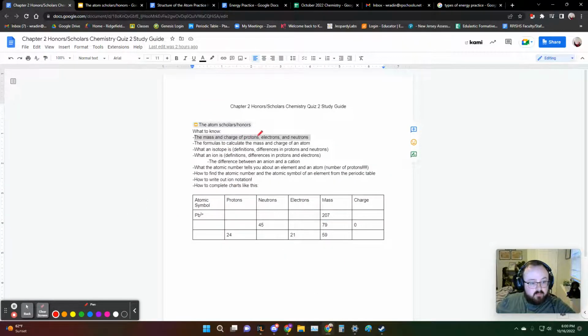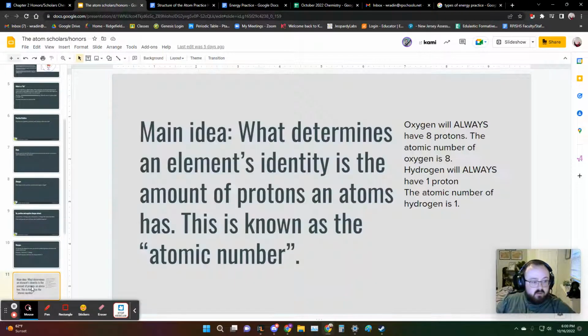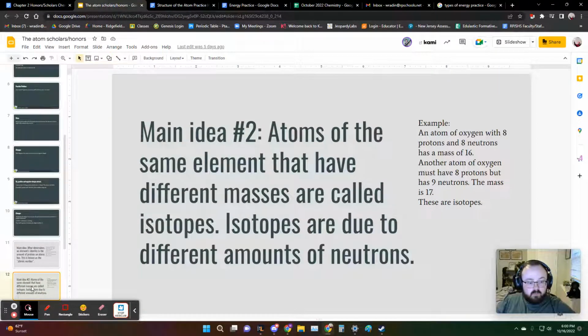Moving on, the formula to calculate mass, what an isotope is, what an ion is. This is just some of the other stuff that I would talk about in here. I just want to go in the order that I have in the study guide. So an isotope is the same element that has a different mass. However,